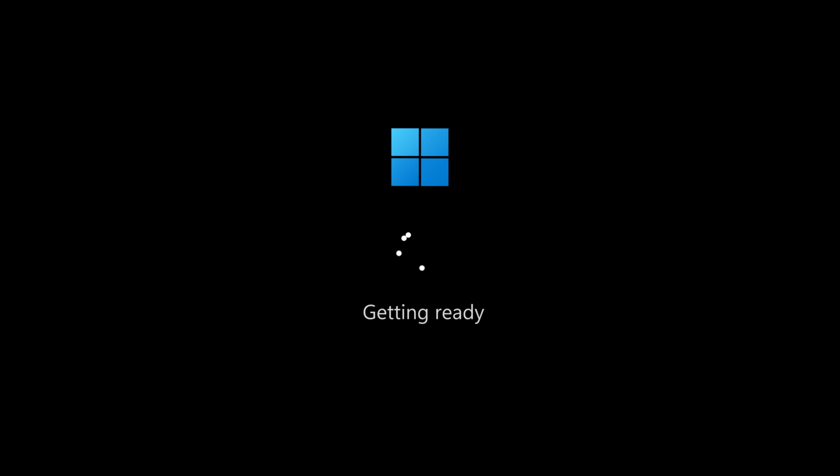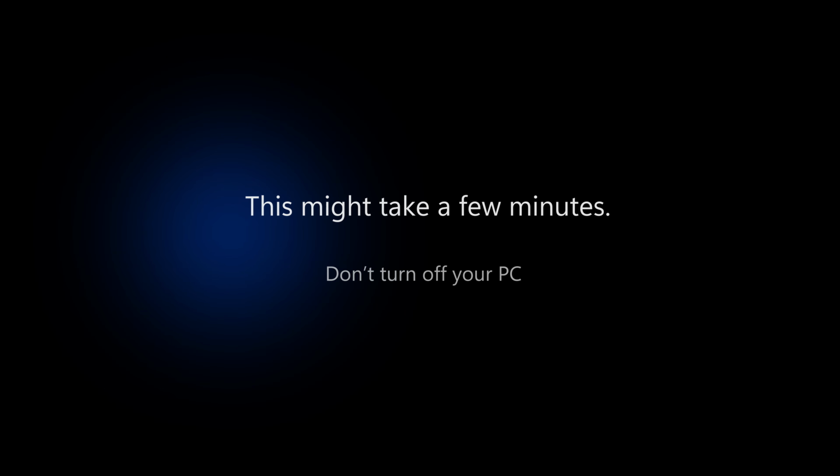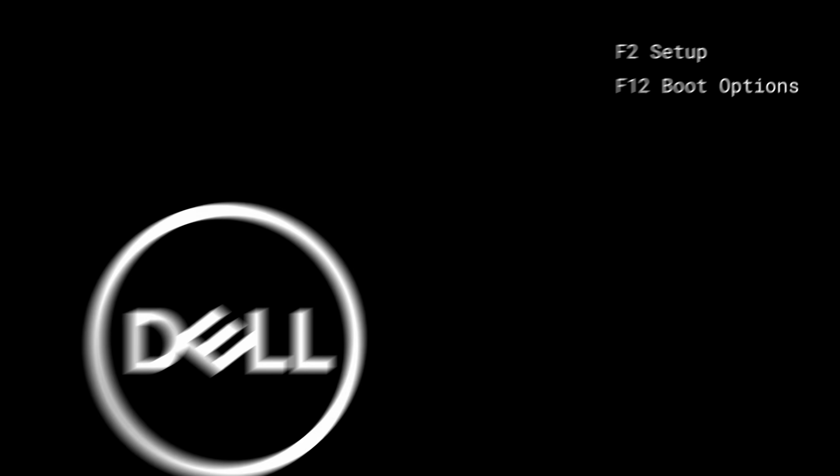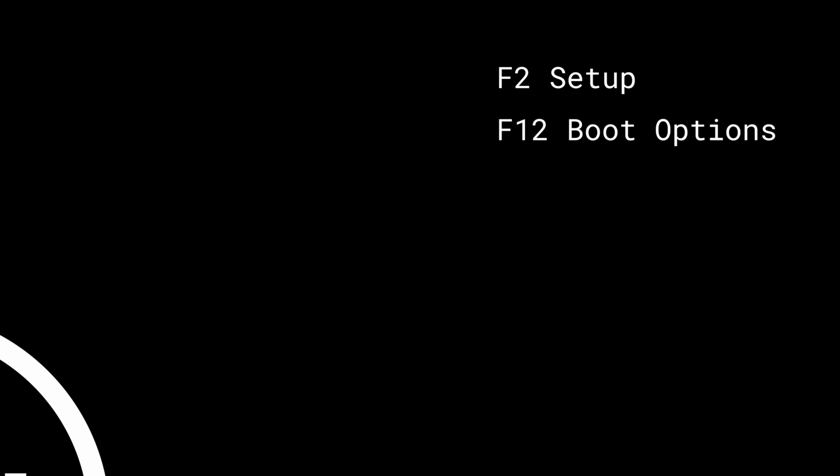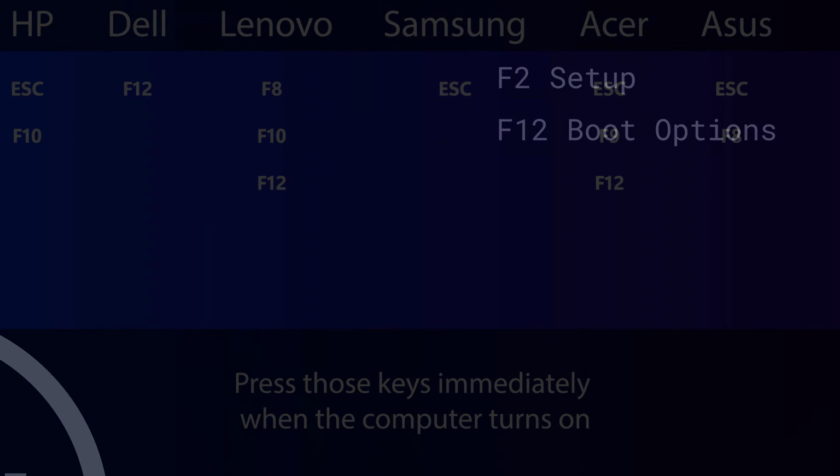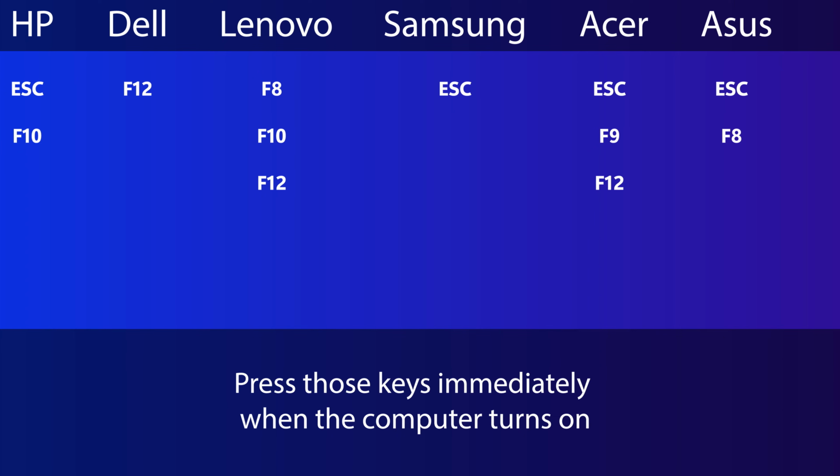So now all you have to do is restart your PC and you can boot from that flash drive. This is much easier than it sounds. All you have to do is just when your computer turns on, hit one of the following keyboard shortcuts, which depends on your manufacturer. So this is a list of keyboard shortcuts to press to go to the boot menu depending on your manufacturer. So you can hit one of those keyboard shortcuts, boom, right when your computer turns on,